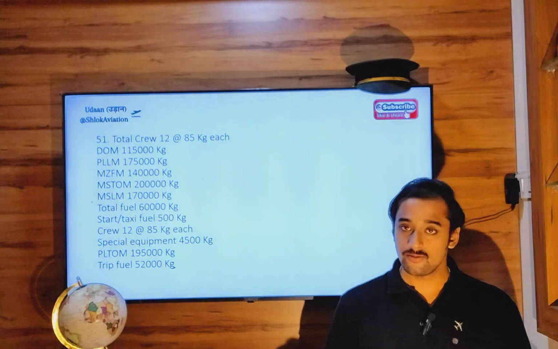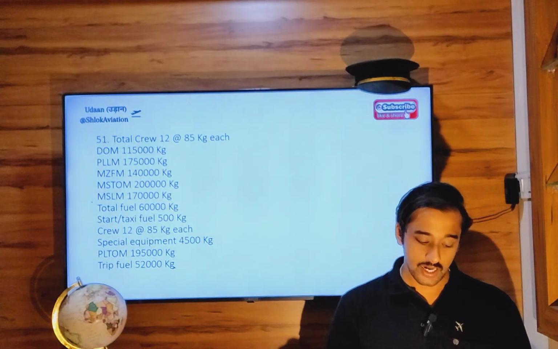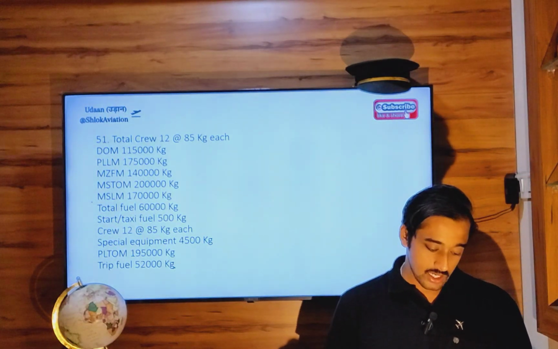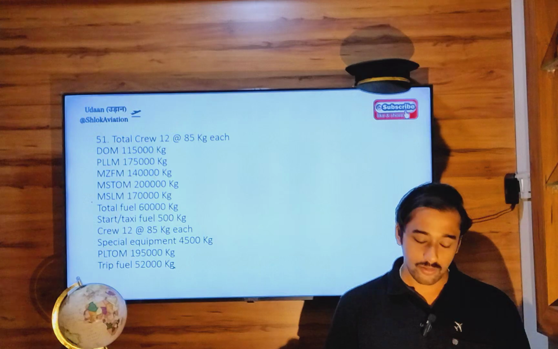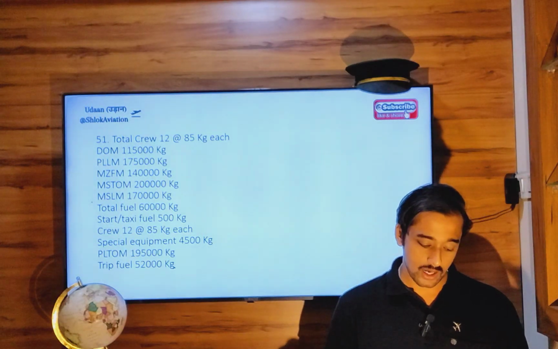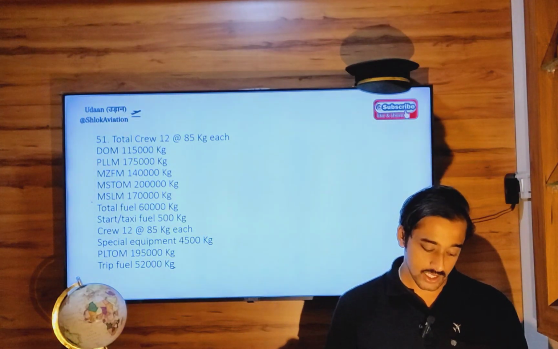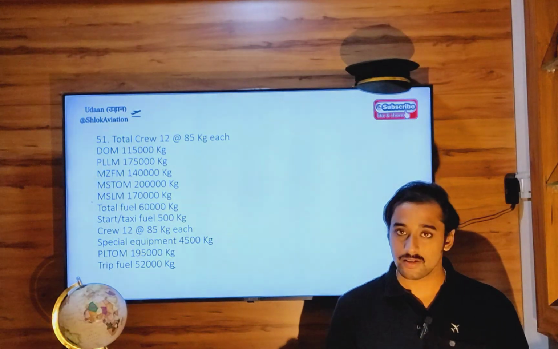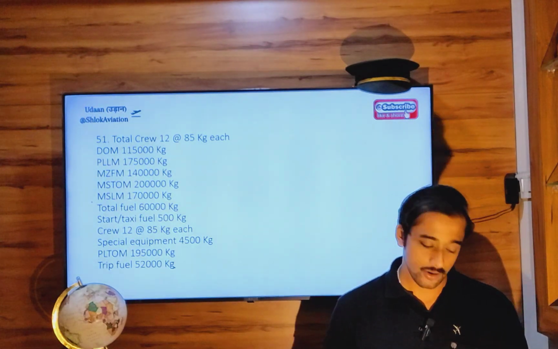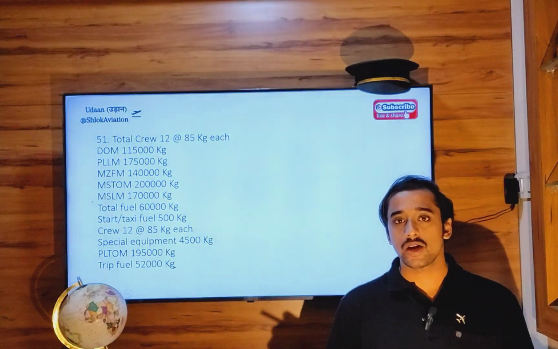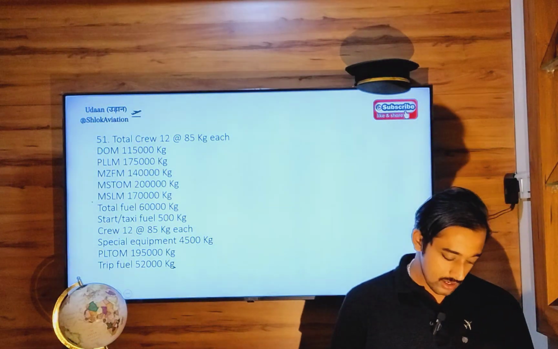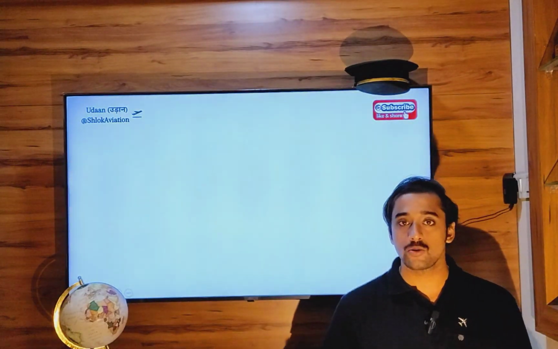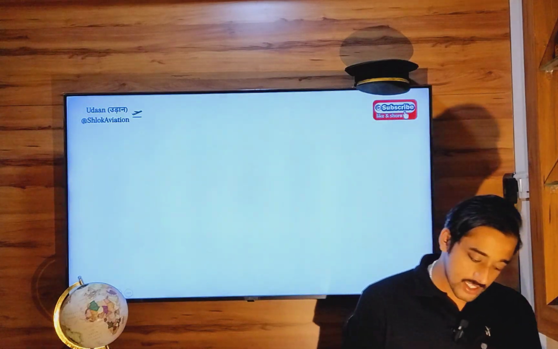Total crew 12. 12 pilots, each 85 kilograms. Dry operating mass is given, performance landing mass, zero fuel mass, takeoff mass, structural landing mass, total fuel, startup taxi fuel, then special equipment, performance takeoff mass, trip fuel is given. So all these particulars are given to you. We have to find the traffic load. So we will proceed with our usual procedure, which is step 1